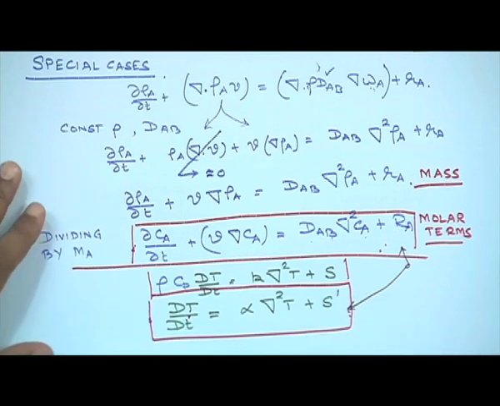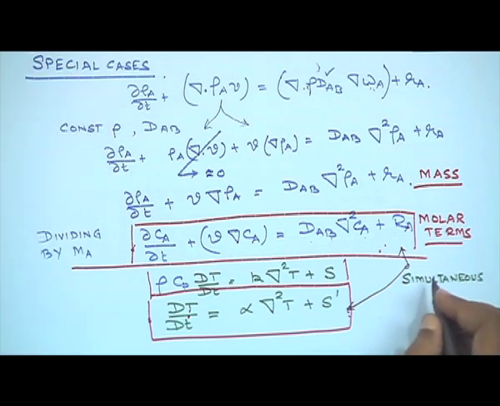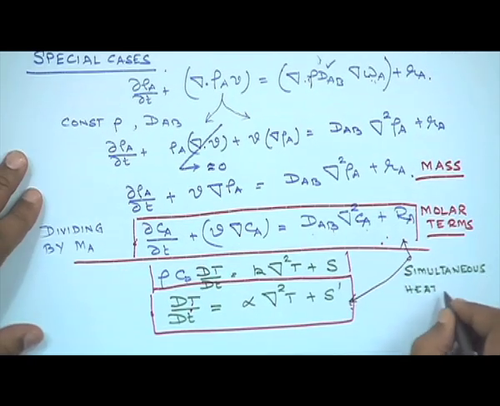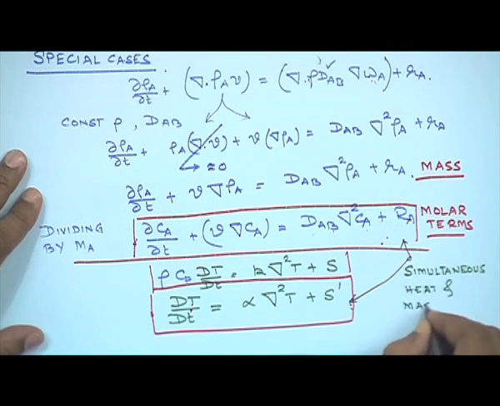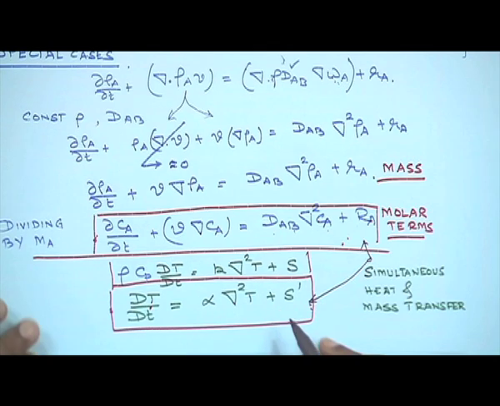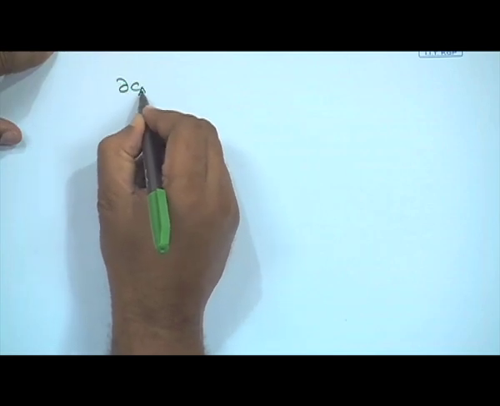So this is the starting point for simultaneous heat and mass transfer. Whenever we deal with simultaneous heat and mass transfer, we have to think in terms of the similar nature of the equations. So coming back to the equation for mass transfer, what we have then is del Ca del